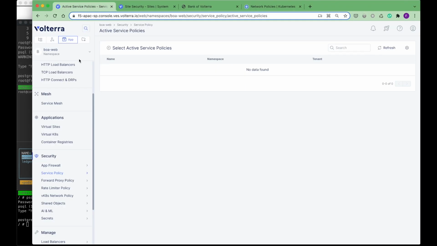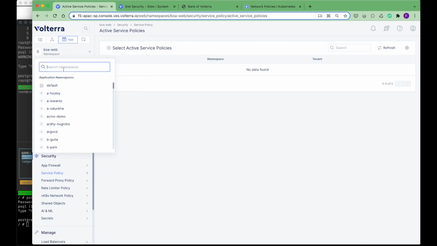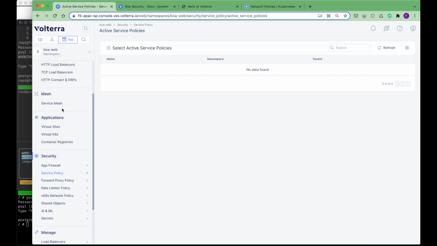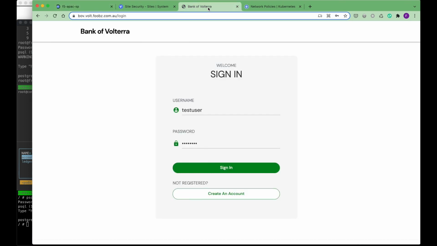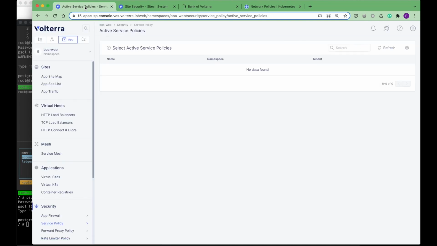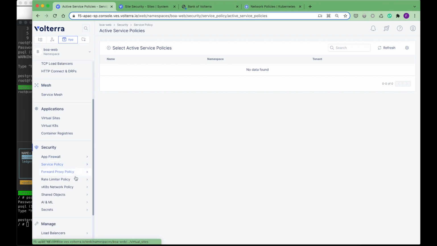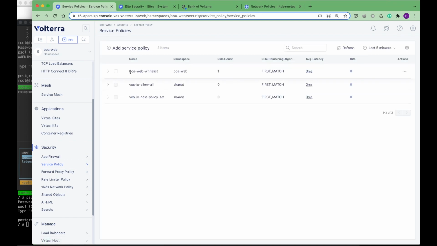So what I'm going to do now is log into the Volterra BOA web. By the way, this is the application that I use to log in to the Bank of Volterra. Let me log into the console. In this console, I have prepared a service policy for BOA web. Let's say I go to the service policy, BOA web whitelist,